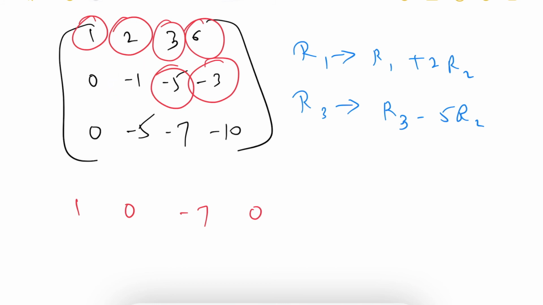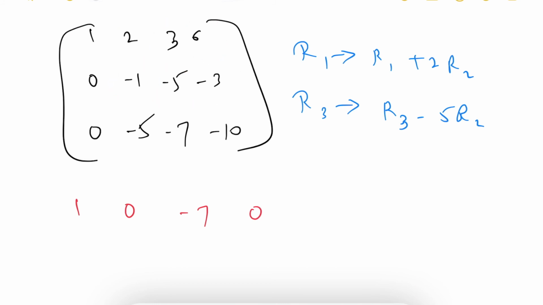Okay, first row completed. Now we are not doing anything to the second row. So the second row I will write as it is: 0, minus 1, minus 5, minus 3. Here observe, in the second row completely negative symbols are there. So for the next step, I will multiply the total second row with a negative symbol so that this negative will escape.